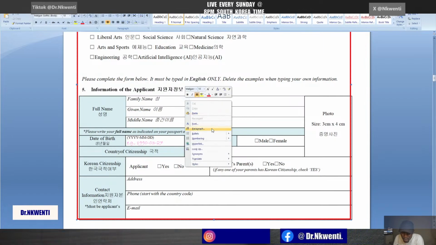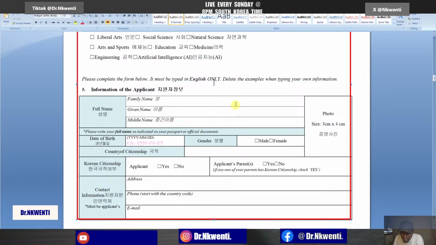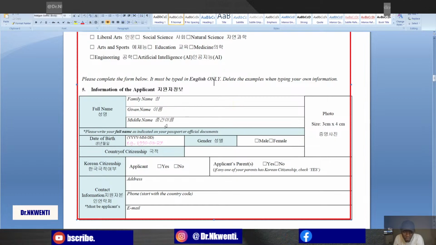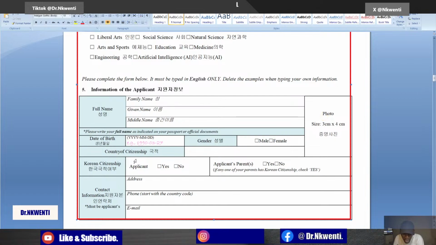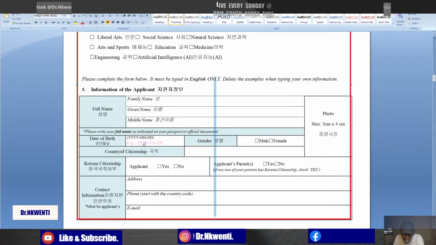You have to write your name, your given name, and then your middle name. You have to make sure you put a picture here. And then in this area,